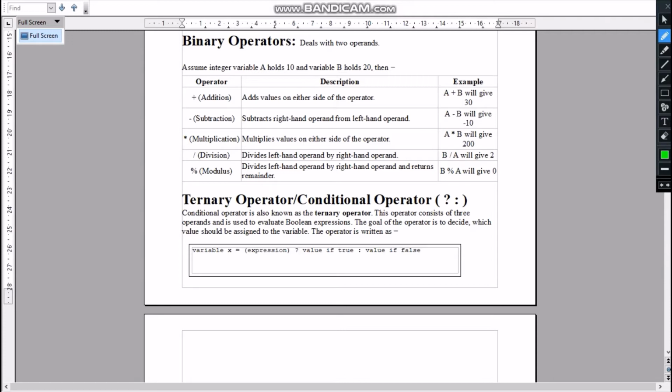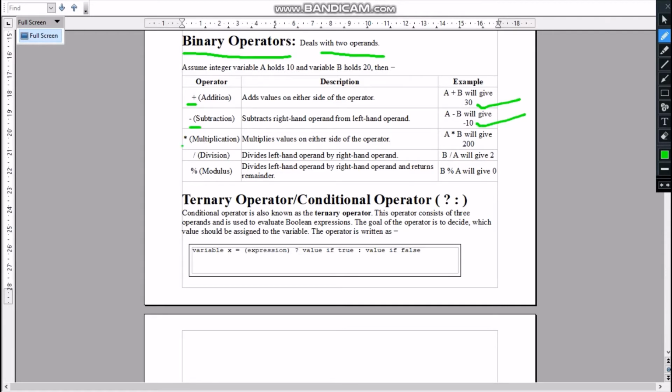Now the next one is binary operators. It deals with two operands. Let us assume that integer variable a holds 10 and variable b holds 20. Then this plus sign will give the answer 30. The minus sign, as you know, will give -10.